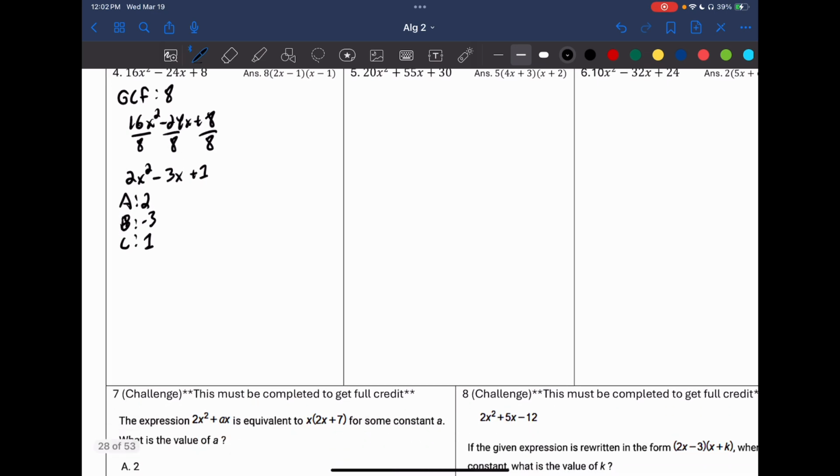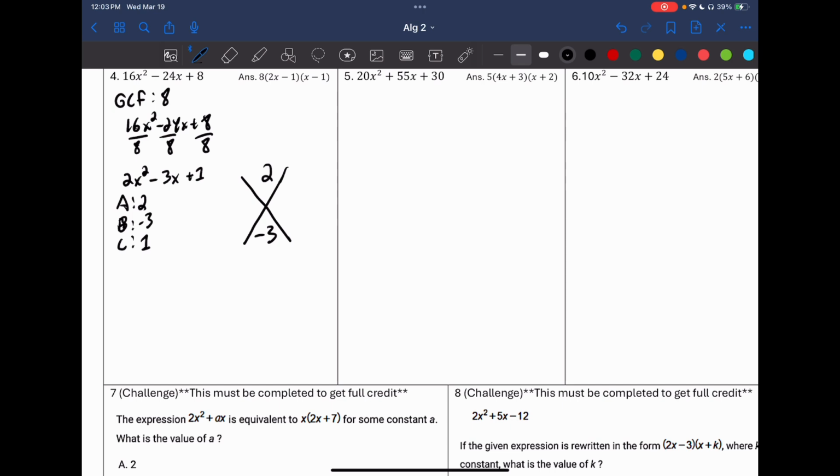And then we'll make our magic X. So you want two numbers that multiply to 2, add to negative 3. We see it multiplying to 2. Well, we only have two options, basically. We have 2 and 1, or we have negative 2 and negative 1, or they're vice versa. We're going to have a 2 and a 1, and they need to either both be positive or both be negative. Because they need to add to a negative, we know that they're both going to be negative, so we're going to have negative 2 minus 1,